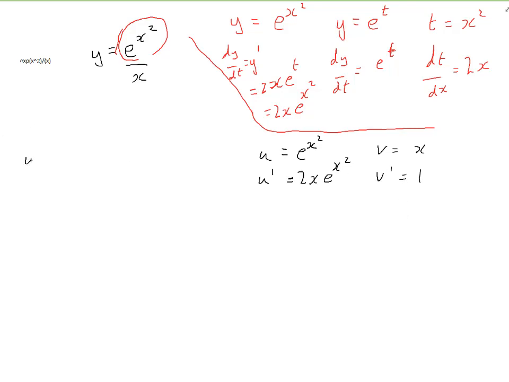Then we get the overall answer being this times this. So 2x e to the x squared times x is 2x squared e to the x squared. That's this one times this one. Minus, because it's quotient rule, this times this. And then don't forget to divide by v squared, which is x squared. So it doesn't come out too horrible, this one, because the x squared cancels here. So you have 2 e to the x squared